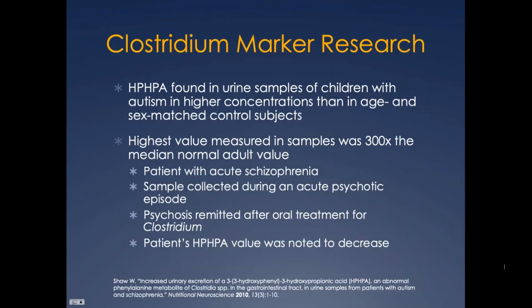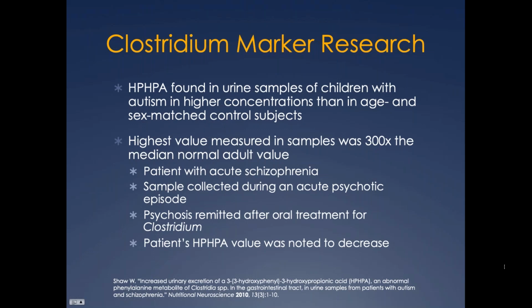There was a very interesting study in 2010 which showed a large amount of HPHPA found in the urine samples of children with autism in much higher concentrations than age and sex-matched control subjects. Anecdotally, it was assessed objectively, but it was basically an N of 1. The highest value of HPHPA was seen in a sample that was 300 times the median normal adult value. This was found in a patient with acute schizophrenia, and the sample was collected during an acute psychotic episode in